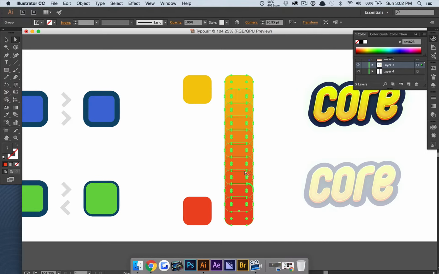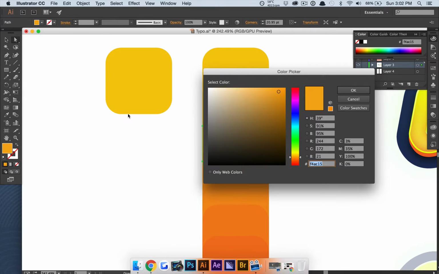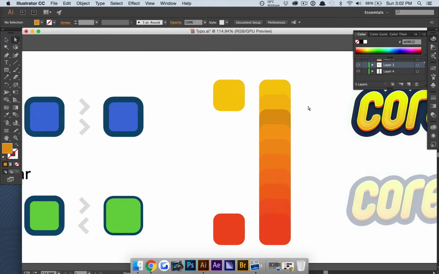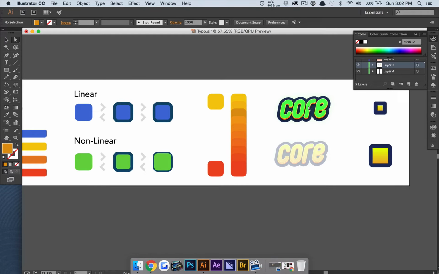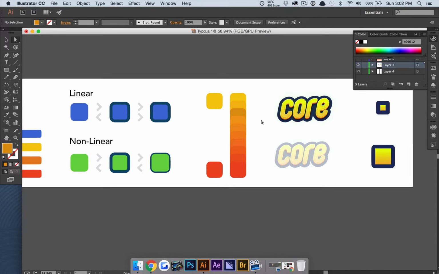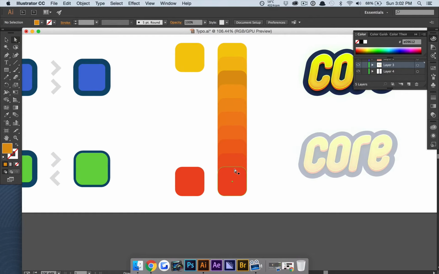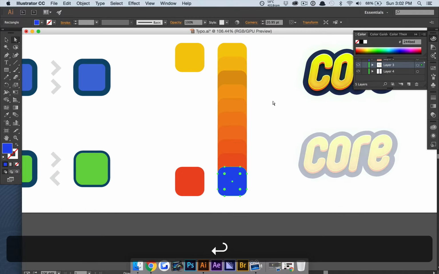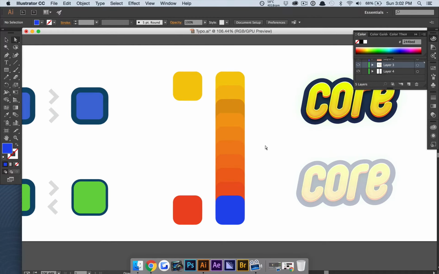And every single one of these things turns into its own domain. We can click this cube and turn it a bit darker, just for our liking. We say okay. We do the logo, we go 40 minutes later, and we realize that this color down here should be, let's say, blue. If we change this to blue, nothing's gonna change. And that's a big problem on a larger scale,